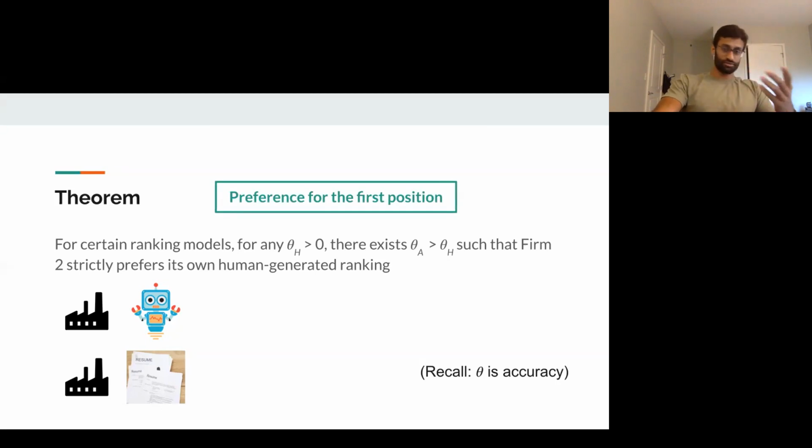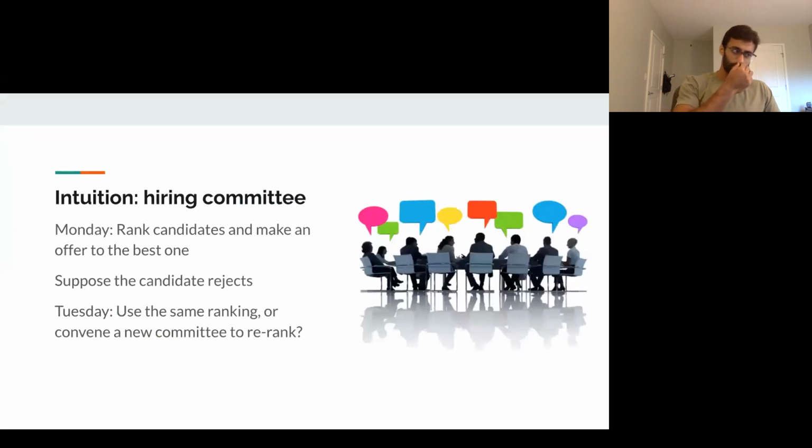Great. So this is what gives us our preference for the first position. If you have a preference for independence, this sort of leads to the property that we saw on the previous slide, and I'll show you why this becomes useful. Let me give you a little more intuition for what this would mean, though.